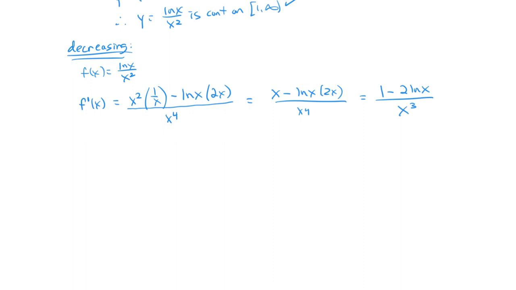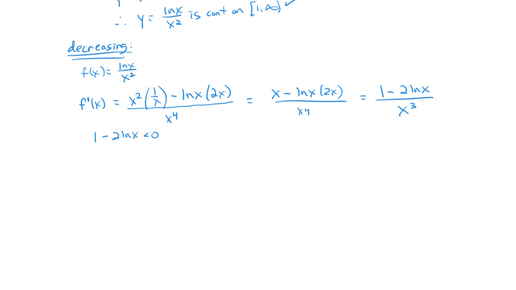And we want to see where this is negative. So think about what we're doing here. Remember, we are interested in 1 to infinity. So I know that this denominator is going to be a positive number, right? Because I'm plugging in 1, 2, 3, 4, things like that. So this is going to be positive. So I really just need to see, where is this negative? Let's see where this thing is negative. So I'm going to take that numerator and set it less than 0. So then we could